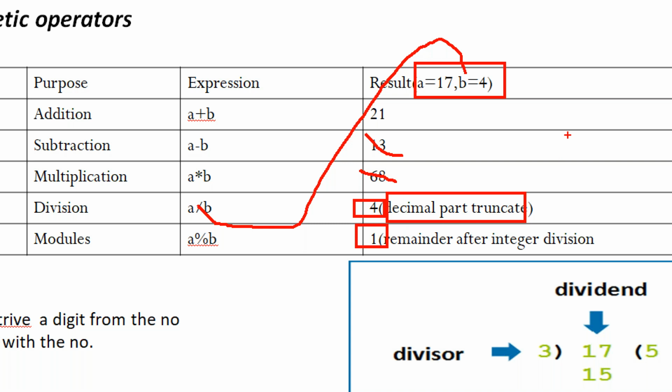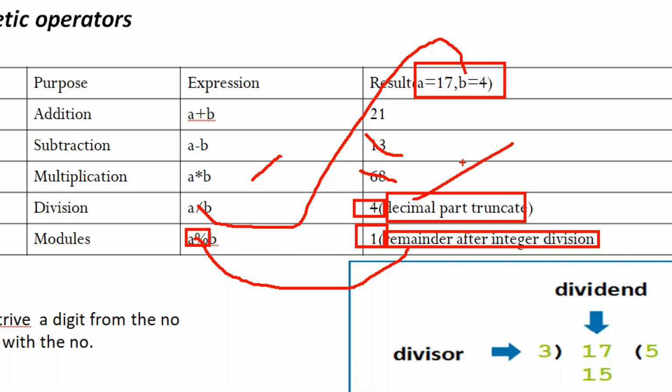But if you use percentage, you will get the remainder, an integer remainder after integer division. These are the two important points. With the division operator, the quotient is the answer. With percentage, the remainder is the answer.